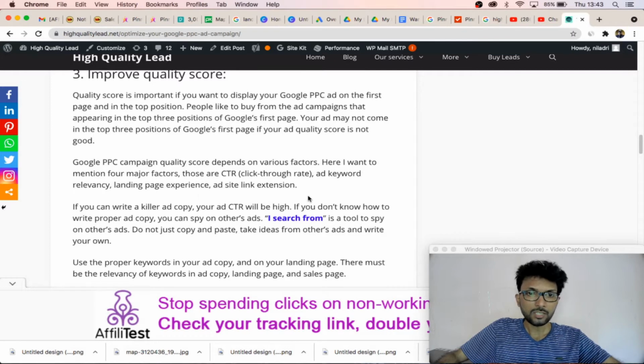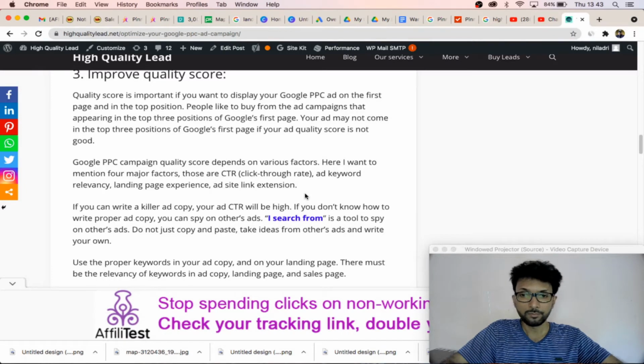And the last one is extension. People don't want to use extensions, but extensions are the most important thing to improve the quality score. I recommend you always go with at least 4 site link extensions whenever you are running a Google PPC ad campaign, and use relevant, attractive keywords in the extensions also.